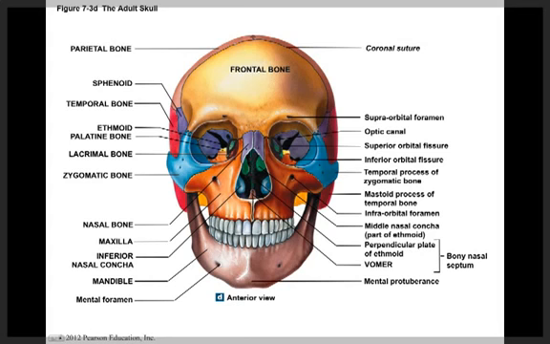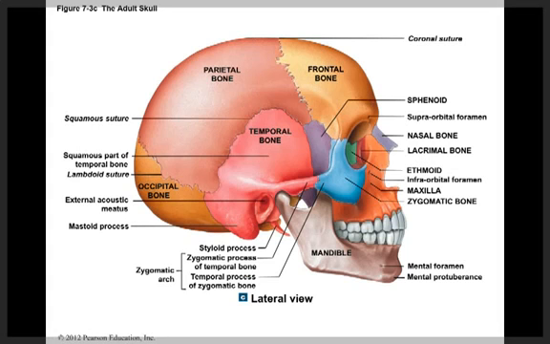So there is a long plate reaching down to divide the nasal cavity into a right and a left side, and that is called the perpendicular plate of the ethmoid. And we can also see these protrusions off of the bone on either side, the right and the left, and those are called concha. There are several structures that we have to know on these 8 cranial bones, but before